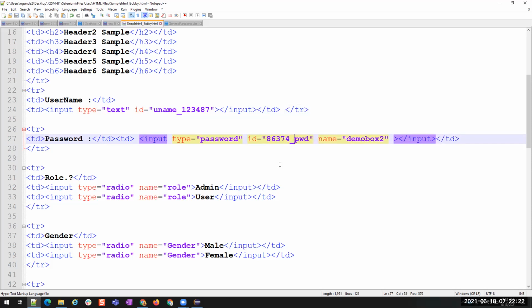Sometimes we'll have elements like this: some meaningful text and some randomly generated number. And sometimes the random number is generated and at the end we will have some unique text. So in these cases, how do we find the elements?